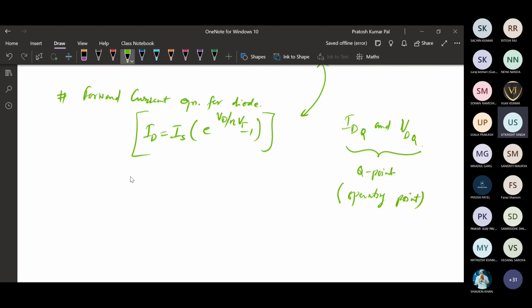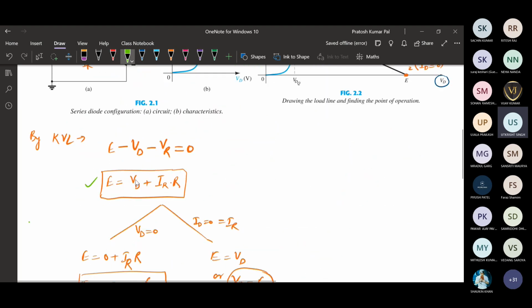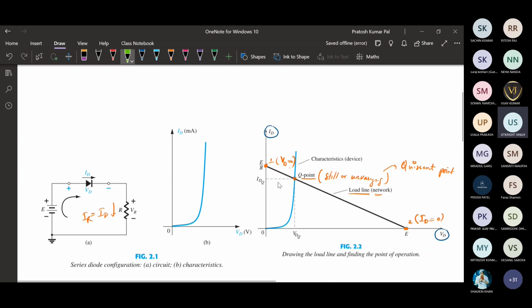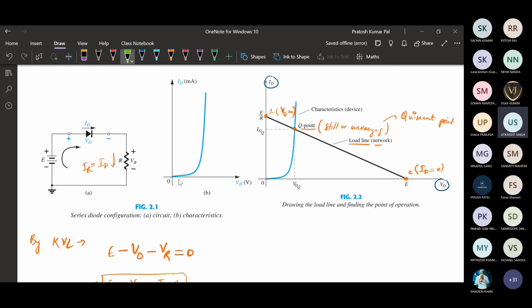So this operating point is the voltage and current at which the diode will be operating. Okay, so we will be finding the characteristic of the diode based on these two operating point values. So this is the basic analysis of a diode with the help of this DC load line characteristics. This is one of the methods employed to obtain the Q point by using the graphical method basically.